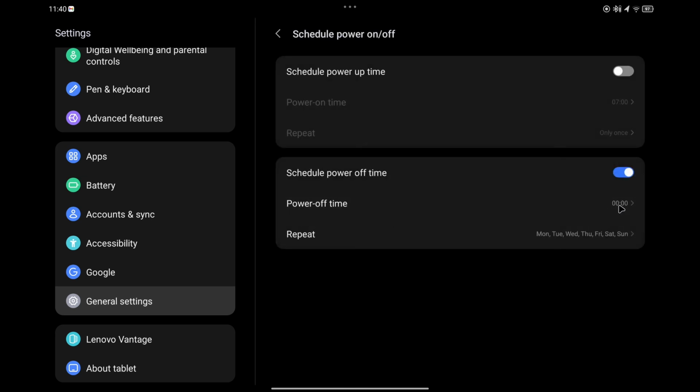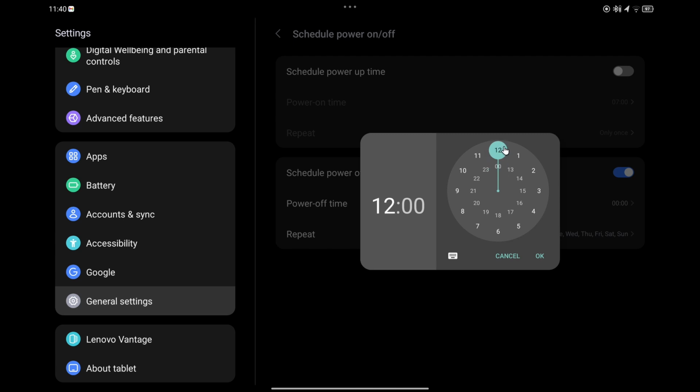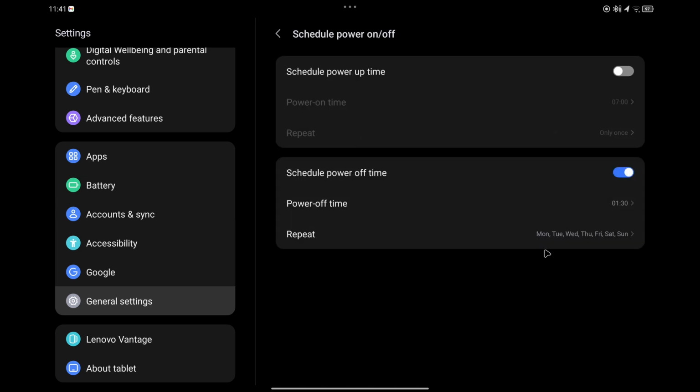As for the time, tap on the time and you get a clock. So the top numbers go from 1 a.m. in the morning all the way around till midday. And the bottom numbers go from 1300 all the way around up until midnight. So for example, if I want to choose 1:30 in the morning, choose the top option, choose 1, then release, then choose the minutes, 30, then click OK,